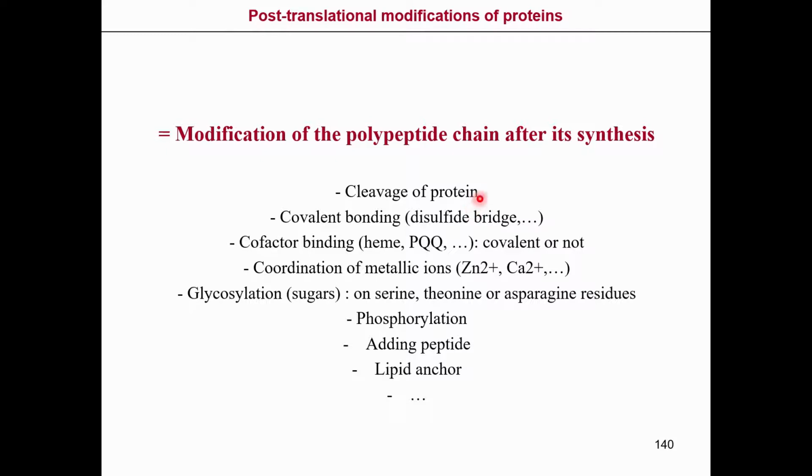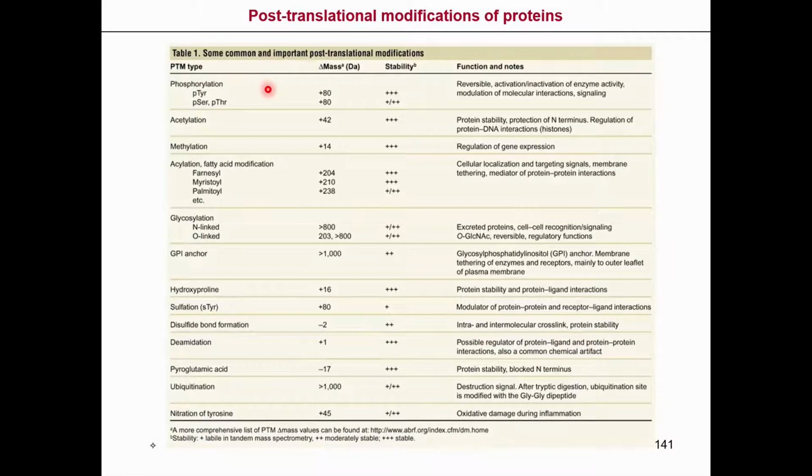You can have the cleavage of proteins, the formation of disulfide bridges, the binding with cofactors, where you go from the apoprotein to the holoprotein in the presence of cofactors or metals. And you can also have glycosylation, phosphorylation, and so in this table, I give you the most common